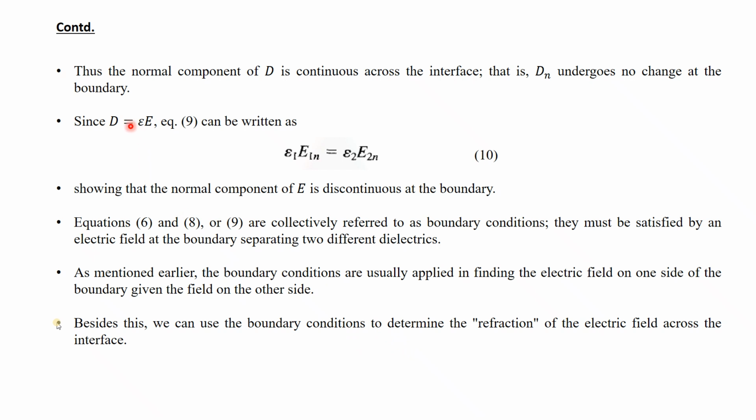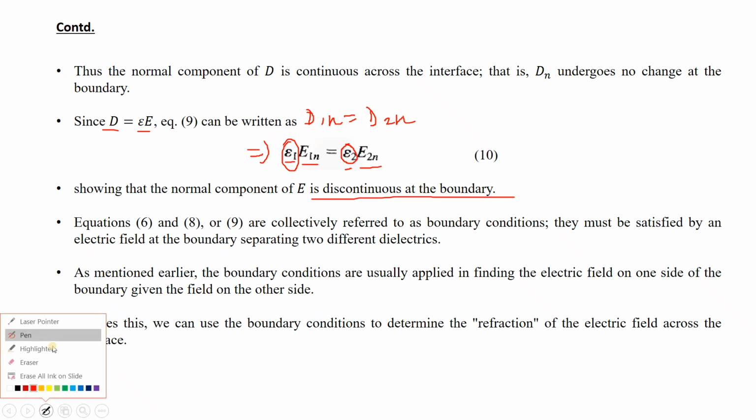But let us see whether the normal component of E will be equal or not. It won't be equal because D equals epsilon E. So D1n equals D2n. So you can write epsilon 1 E1n equals epsilon 2 E2n, because this is the continuation of the equation D1n equals D2n, which we have concluded right now. Replacing D equals epsilon E, D1n becomes epsilon 1 E1n equals epsilon 2 E2n, because in medium 1 we have permittivity epsilon 1, and in medium 2 we have permittivity epsilon 2,